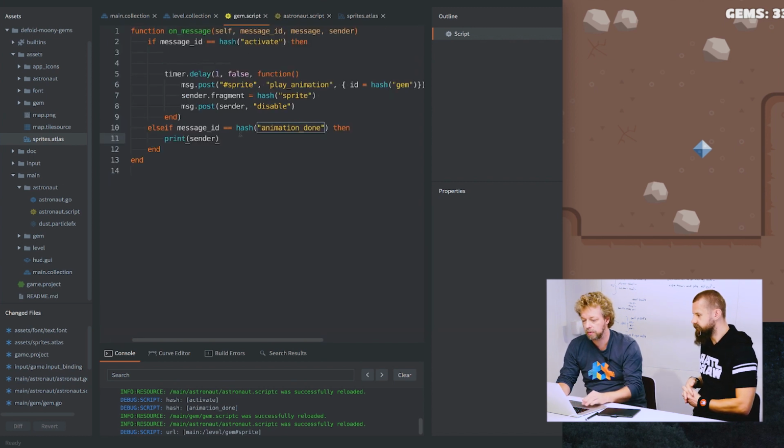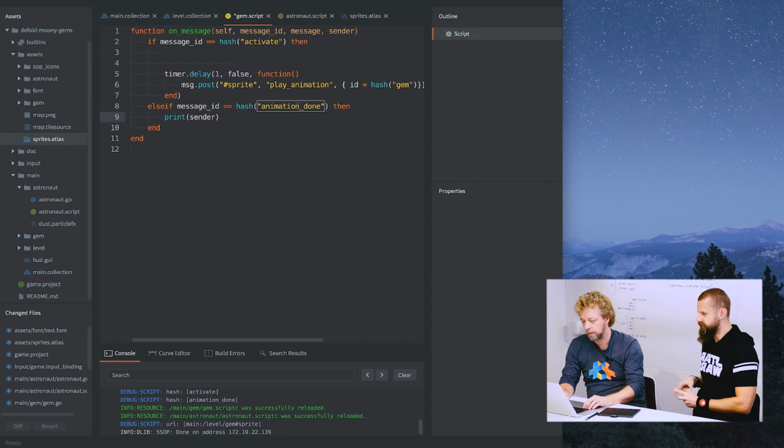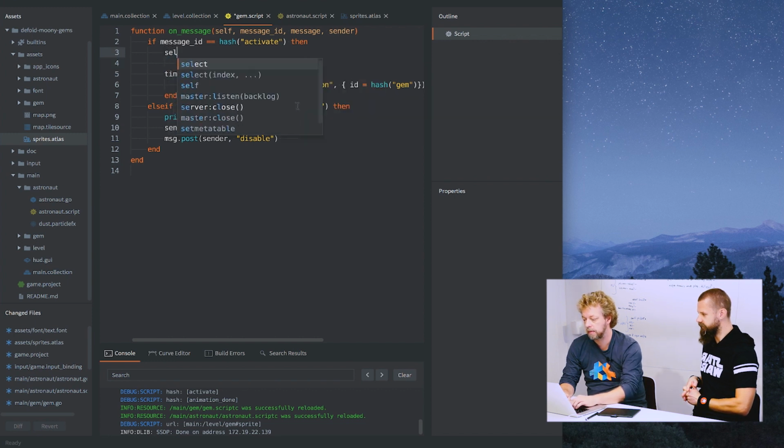So let's say that we want to... Oh, I need to return. I need to enable this guy. Let's just restart it. So let's remove that, and let's say that when the animation is done, we should change the sprite. Okay, and we cannot use the sender here. So what we can do then is to just store